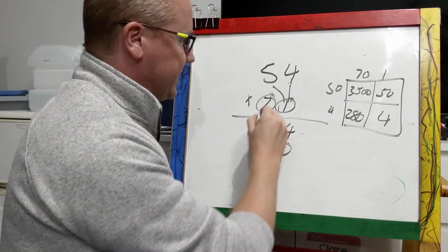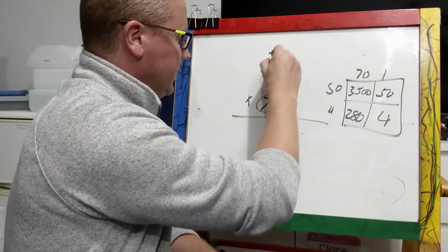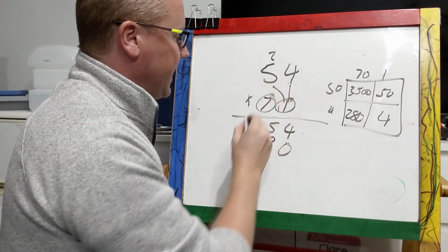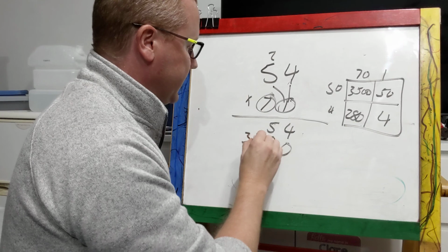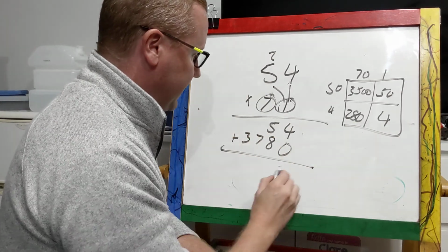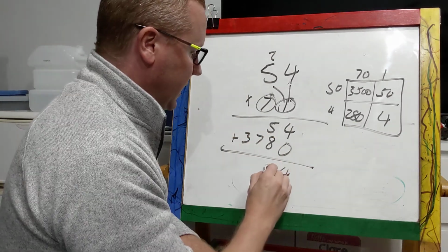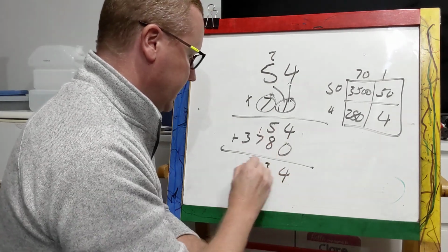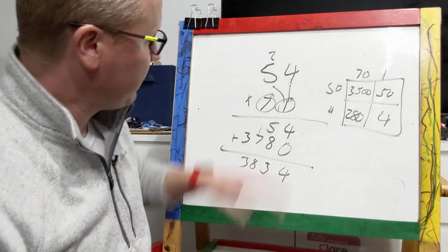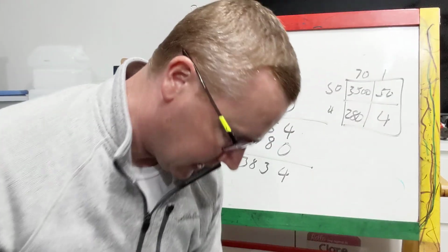Oh, put the 0 down. 7 times 4 is 28. And then the 7 times 5 is 35 plus 2 is 37. And then add them together to get your answer. 13, 1 is 8. So I want you guys practicing